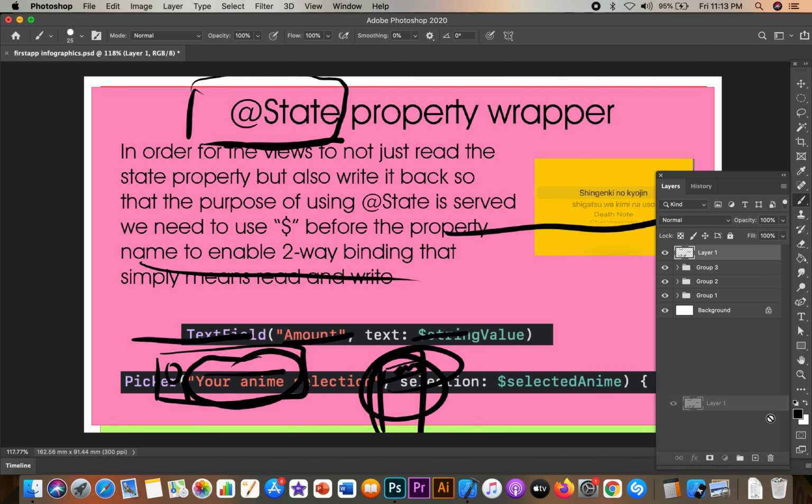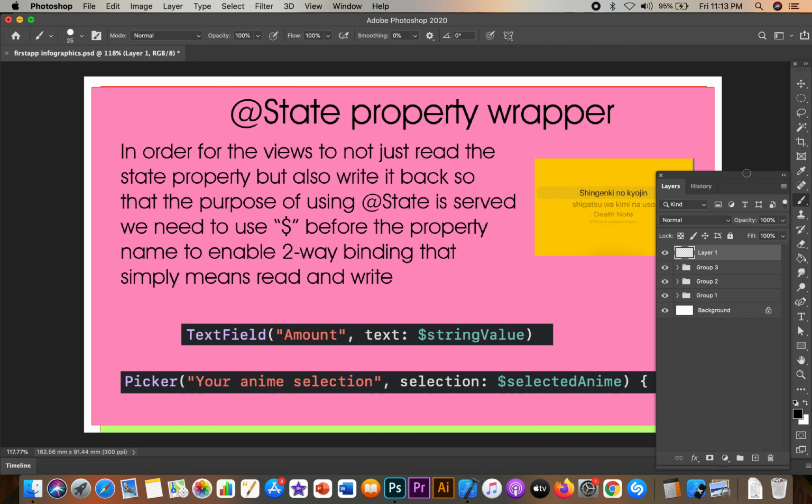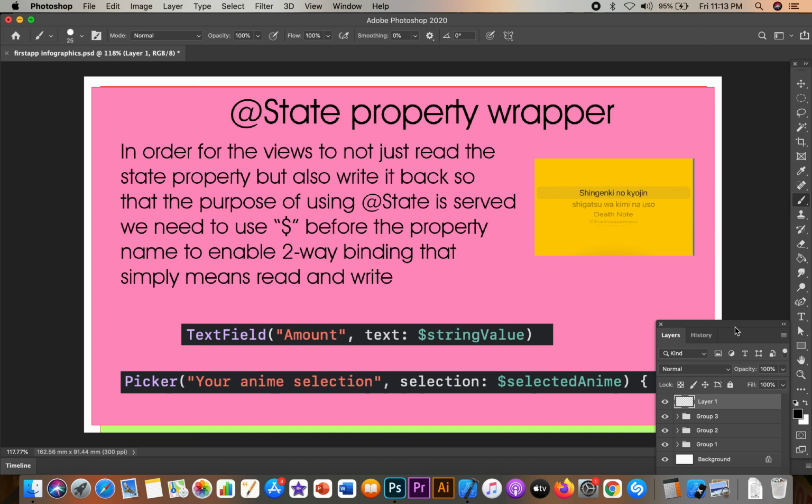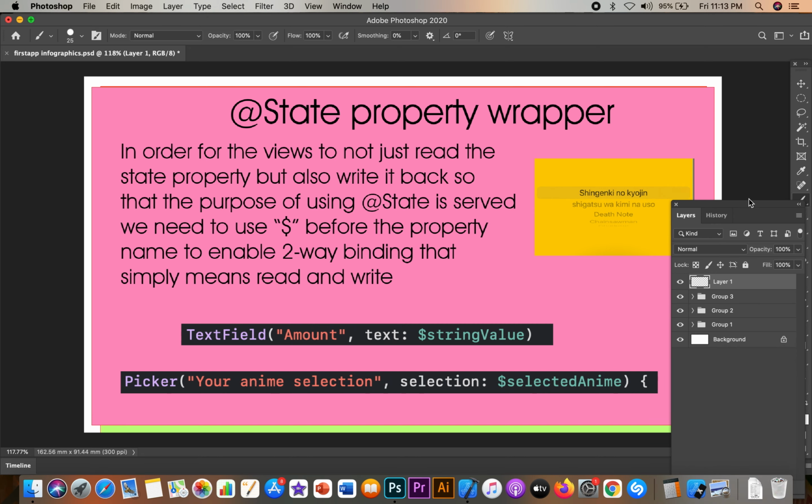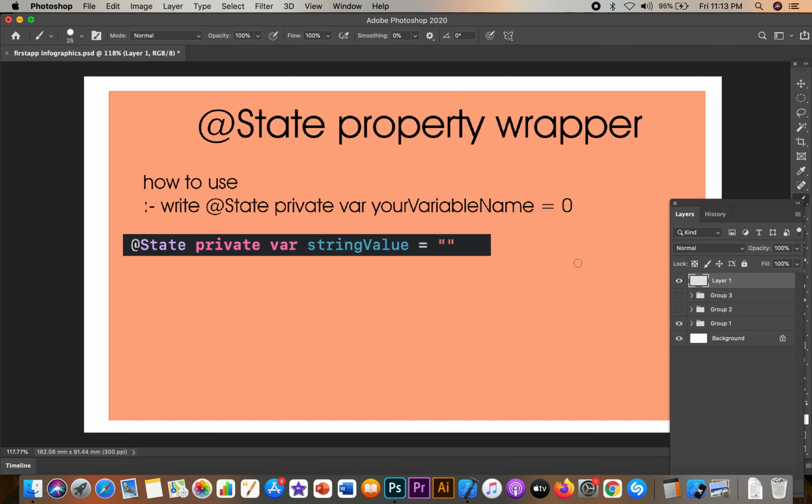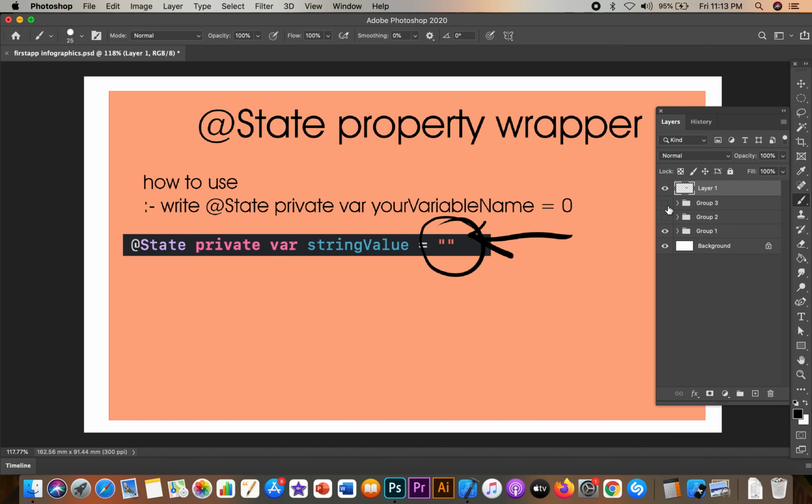So again, how to use it now. In order to completely use the state property, obviously you want the views not just to read, but to write it back also. Like in the very first example, we saw that we gave it an empty value. But suppose now that you have to use this state property inside a text field, then obviously the user would add some value, right? It needs to read it as well as write it back. Then it would definitely store some valuable information and not just an empty string.